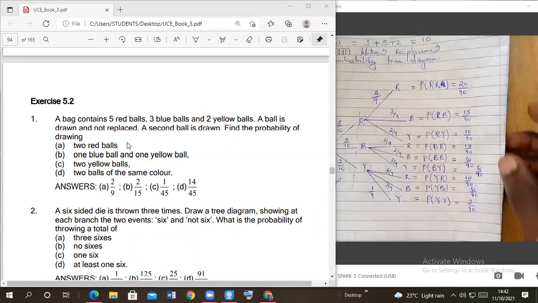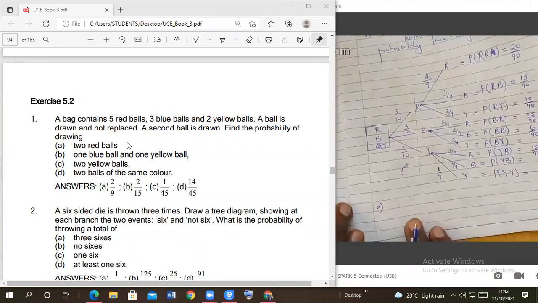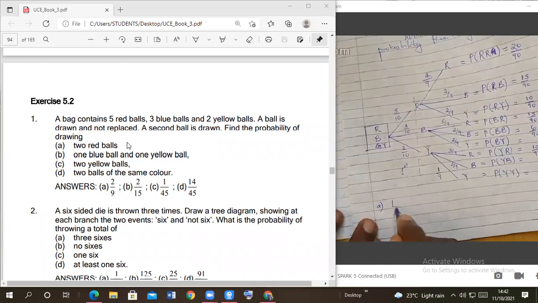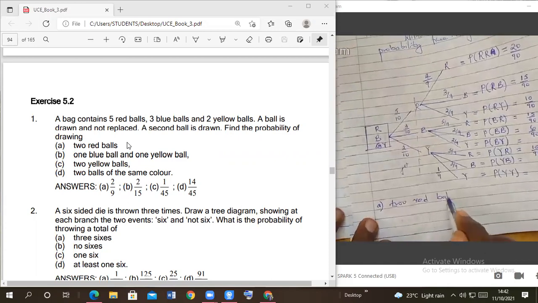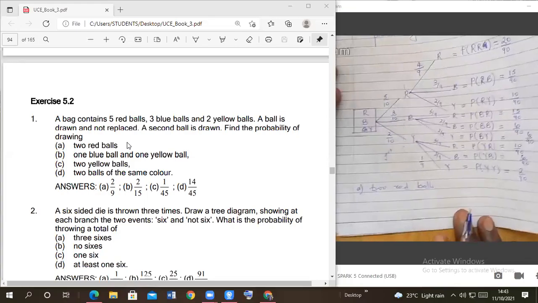We are correct. So what is the first part of the question? Part A of the question. They're saying 2 red balls. 2 red balls. We have